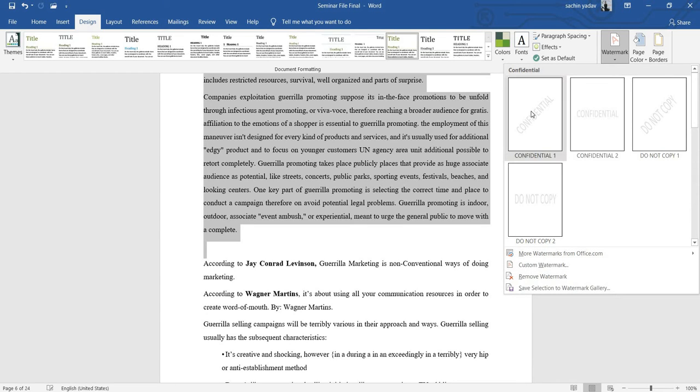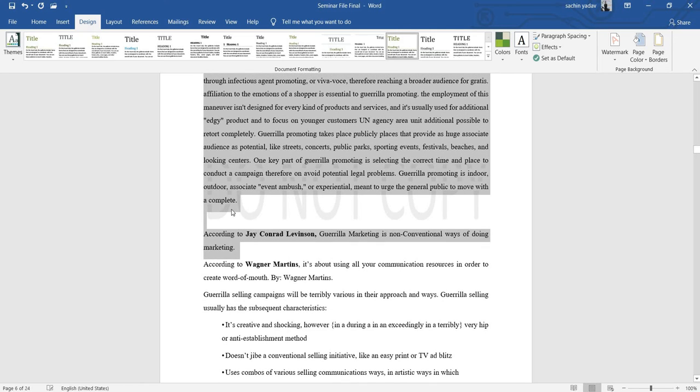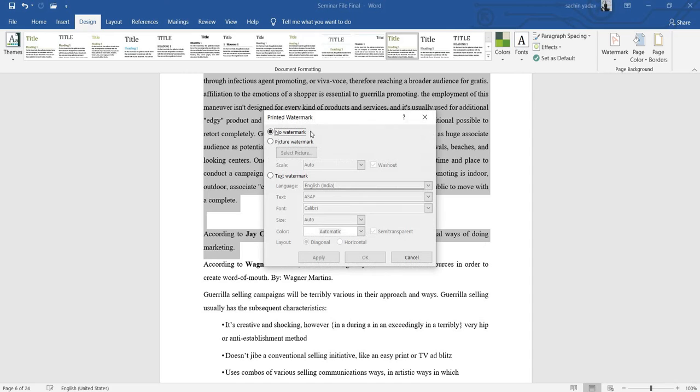And here is a very good option, watermark. So here you can see confidential or confidential 2. Here are different types of watermark you can use in the background. So if I want to use this, do not copy, you can see it is already showing in the background of this Word document. Or you can select any kind of watermark by your own. You can just remove this watermark from the remove option, and you can just use the image or many more things from your own. Customize, you can just customize the watermark, and you can use a picture as well.